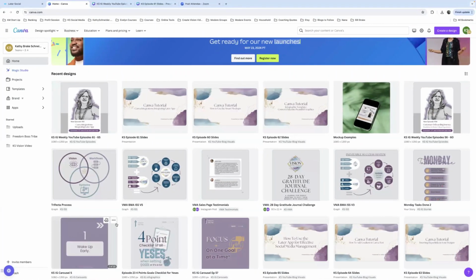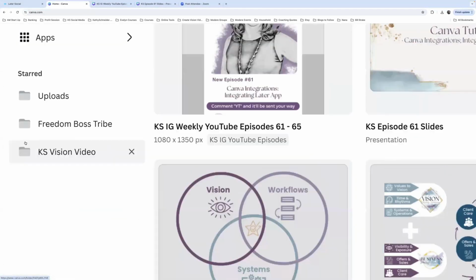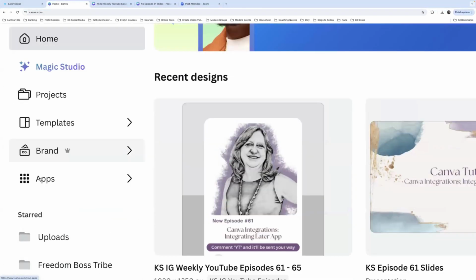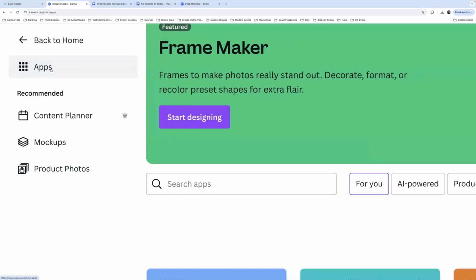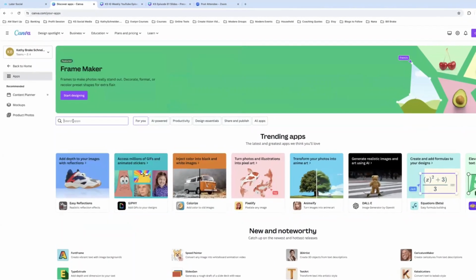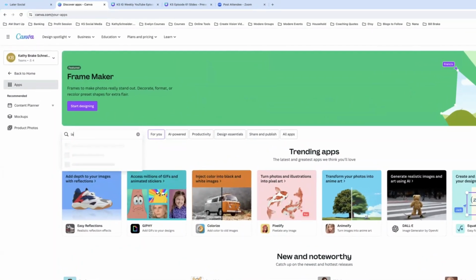All right, we're inside my Canva account, and I told you I would show you what I meant by the left-hand menu. So what you're going to do is come over here on the left-hand menu. You see I'm actually at the home screen. You see Home up here at the top. I'm going to click on Apps, and then once you click on Apps, you literally just type in the search, Later,